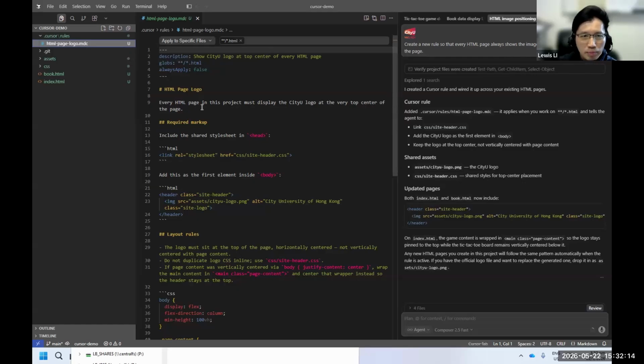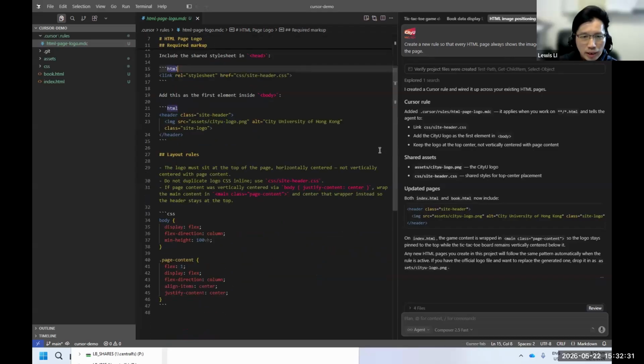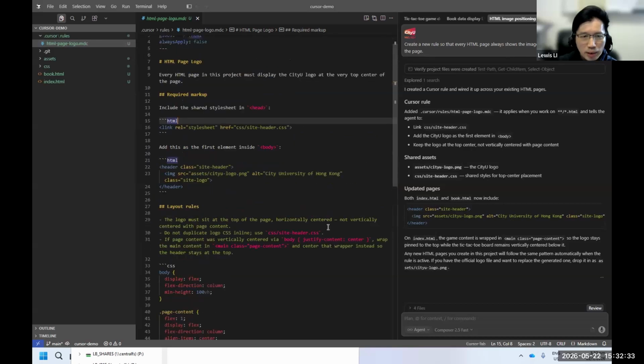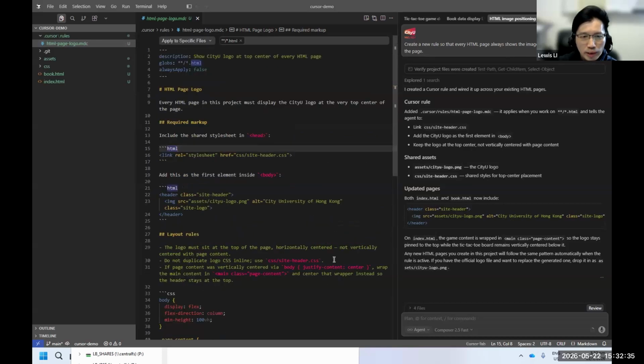So you can see the first thing in this rule file is every HTML page in the new project should include the CTU logo, okay, CTU logo. So this is the first rule. And then if you scroll down, you can see some config, which is automatically generated by the cursor.